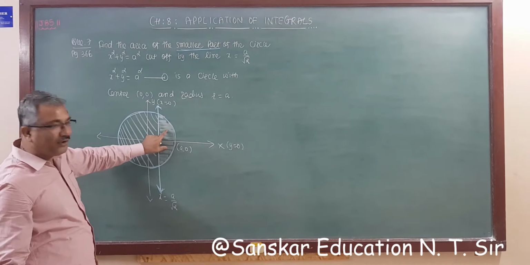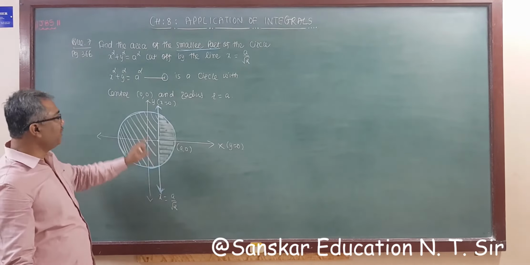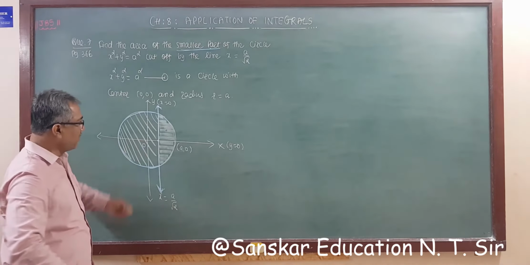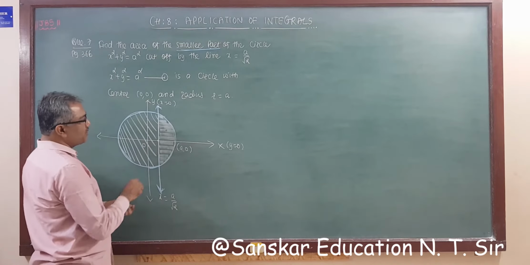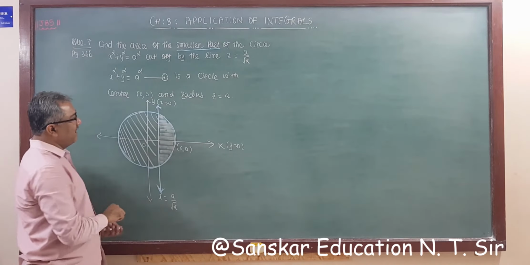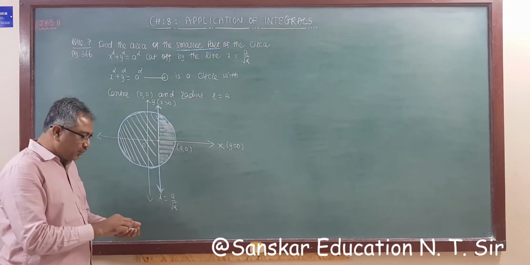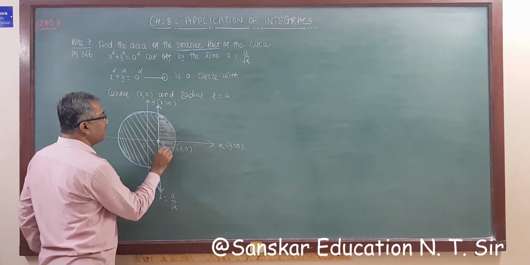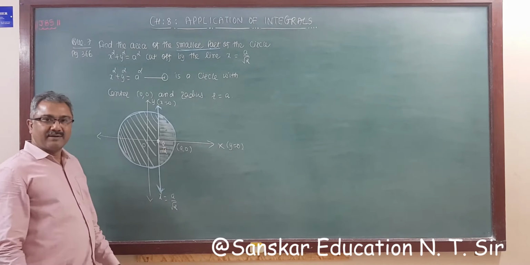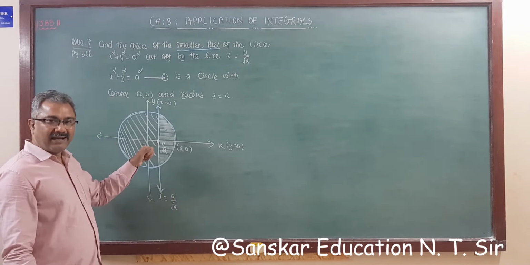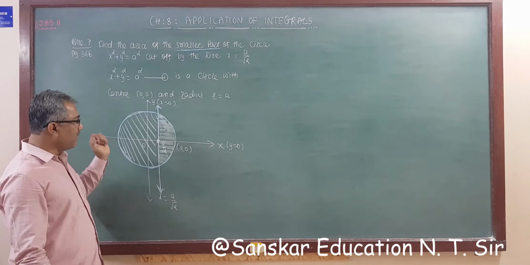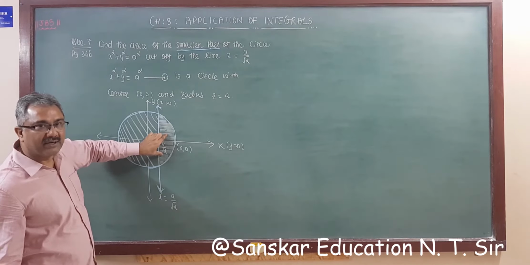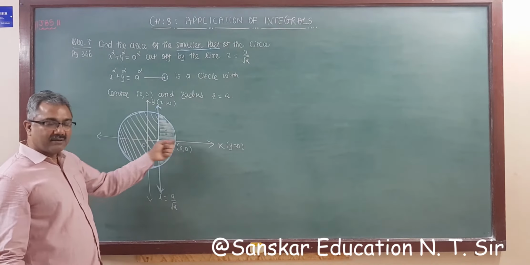So we are interested in this part only, and you know the circle is symmetric about both axes. So what we have to do now? Our target is to find out the area of this, right? Now this is x is equal to a by root 2. So this point is a by root 2 comma 0, it lies on the x-axis, right? So our required area is these two parts, but this is symmetric about both axes.